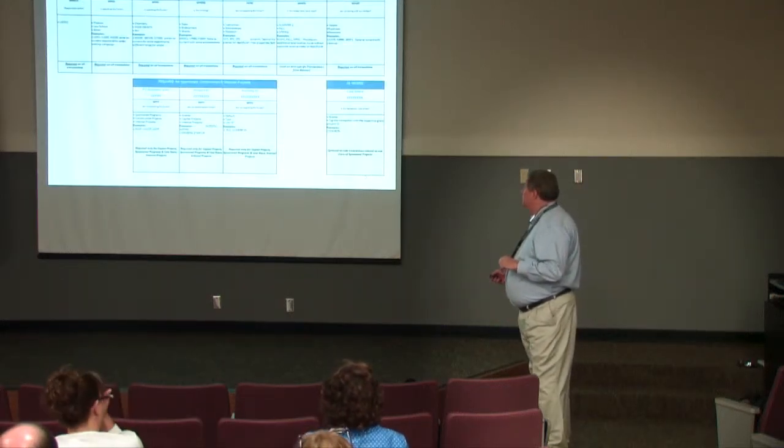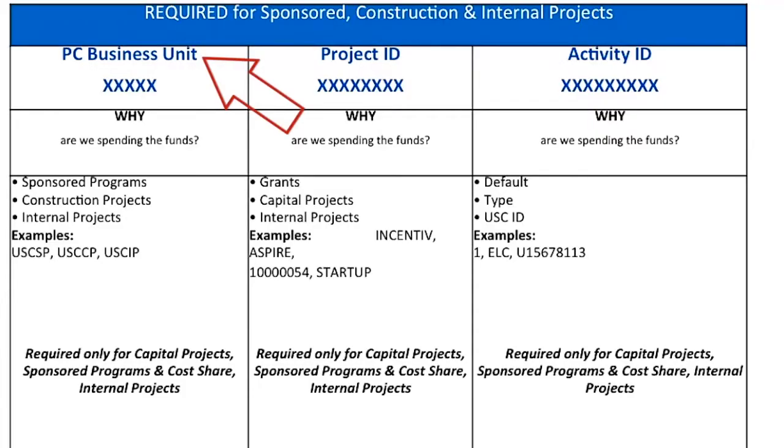And the PC business unit, there's only 3 values that are appropriate. USC SP, the SP standing for Sponsored Programs. There's USC CP, the CP standing for Construction Projects. And then there's USC IP for Internal Projects. Okay? So for sponsored programs, you put in USC SP,